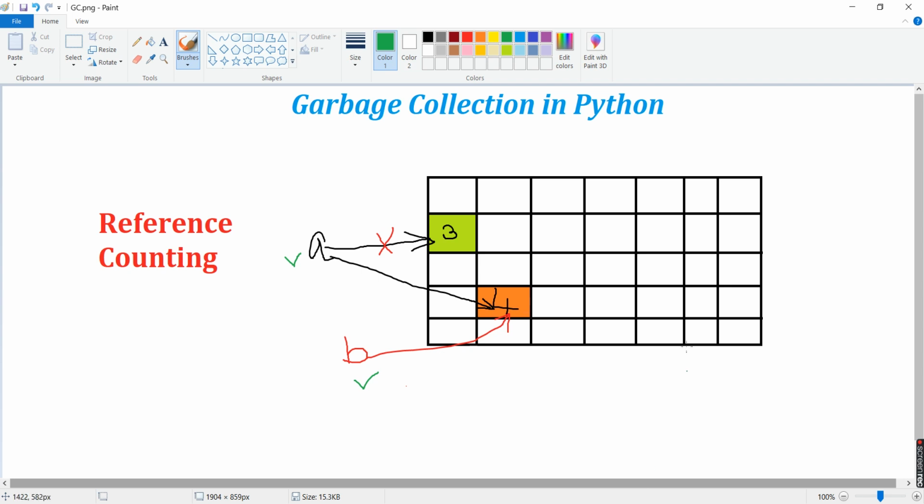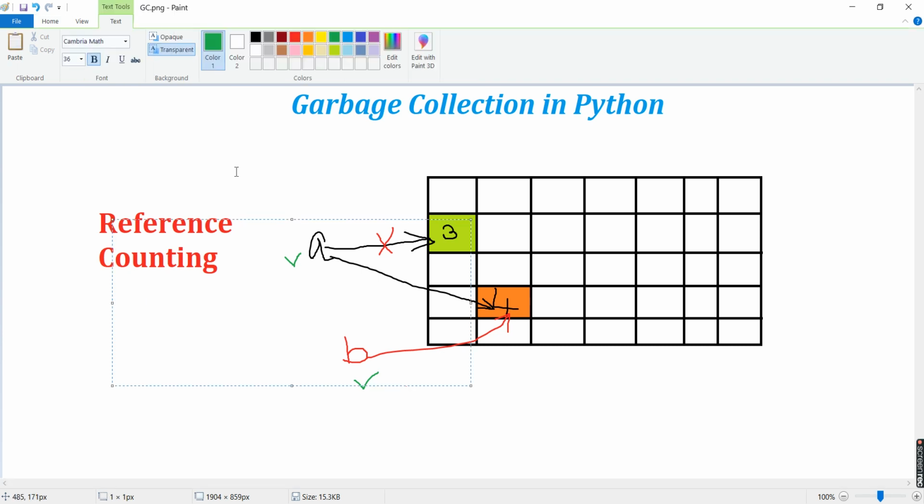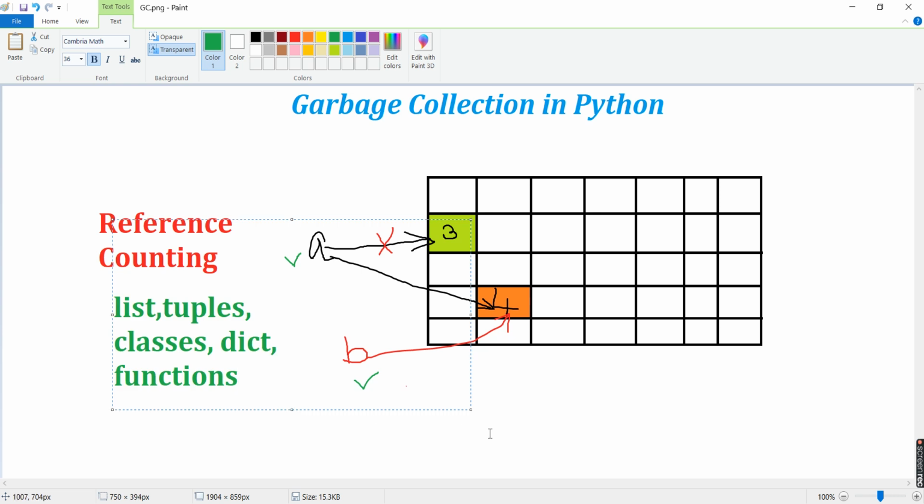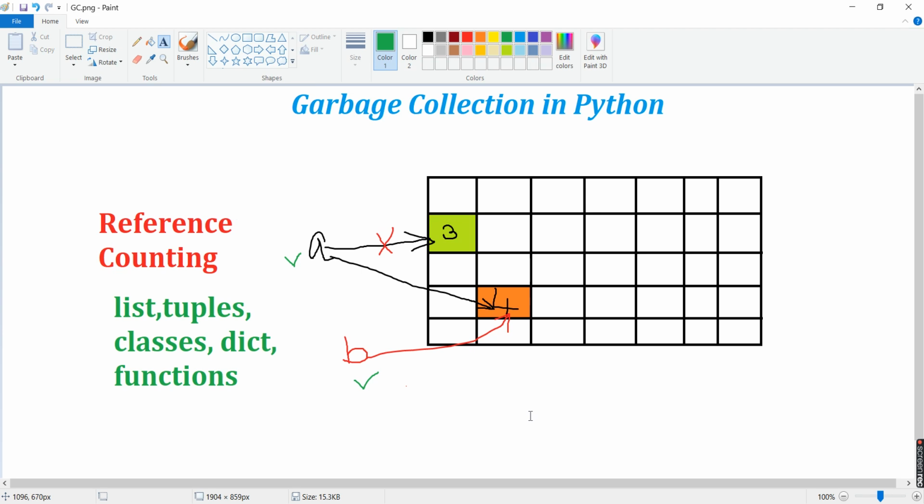A reference cycle is created with the help of lists, tuples, classes, dictionaries, and finally functions. With the help of all these things you can create a reference cycle. So let's create one.